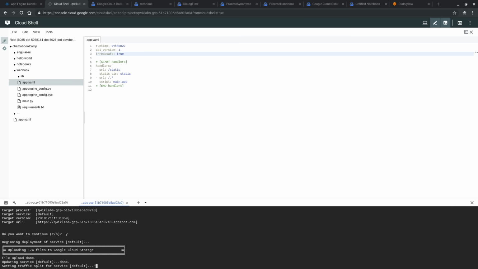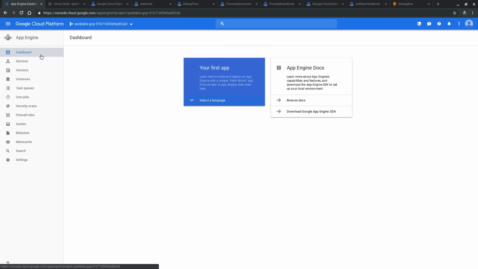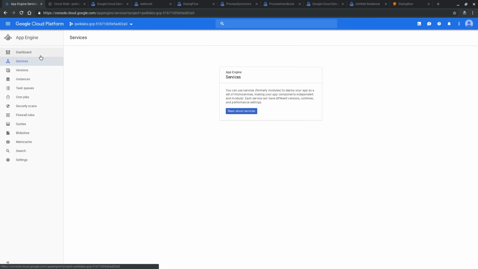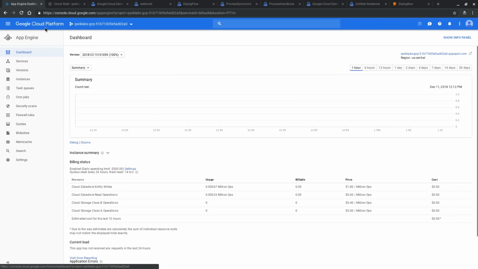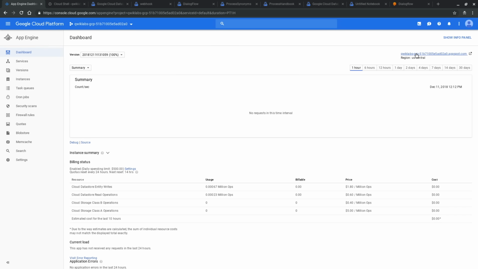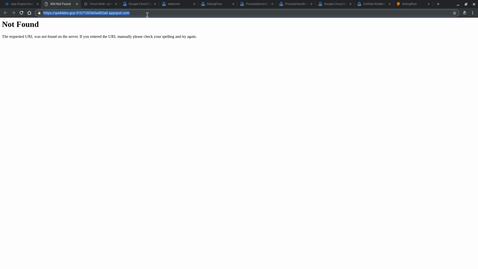So App Engine is automatically taking care of a lot of stuff for us, like updating the service and setting traffic split for the service automatically. So now it is finished deploying, so I'll switch back to the App Engine dashboard. Let me click on services. I'll do a refresh and see if that helps. Okay, so now we've got it. So at this point, we don't have a UI for our service. So when we click this, we won't see anything yet. It's just going to say not found, but we can grab this URL